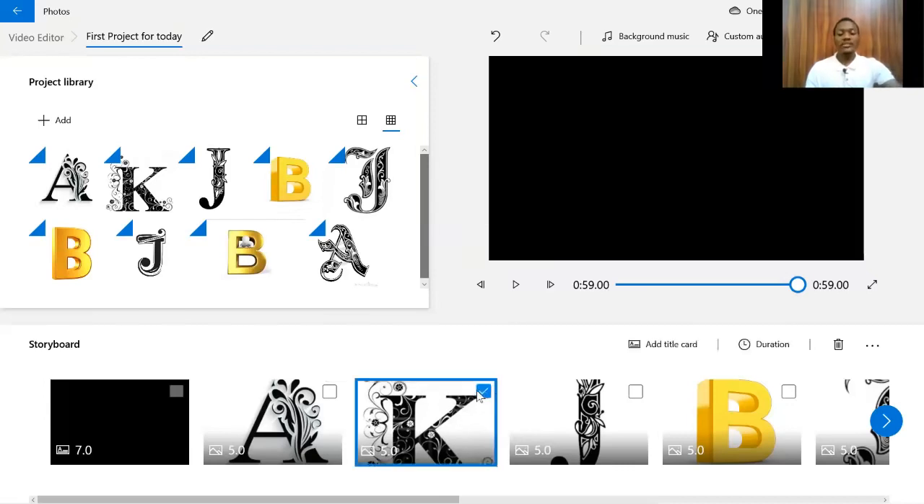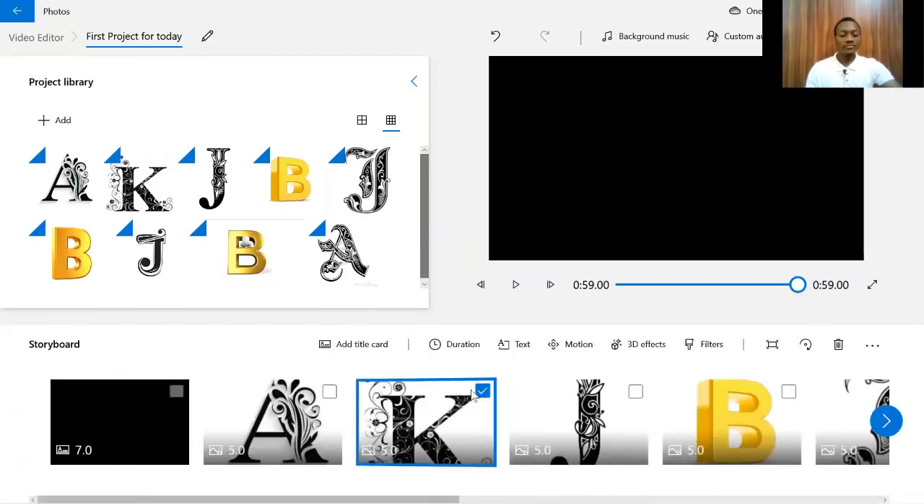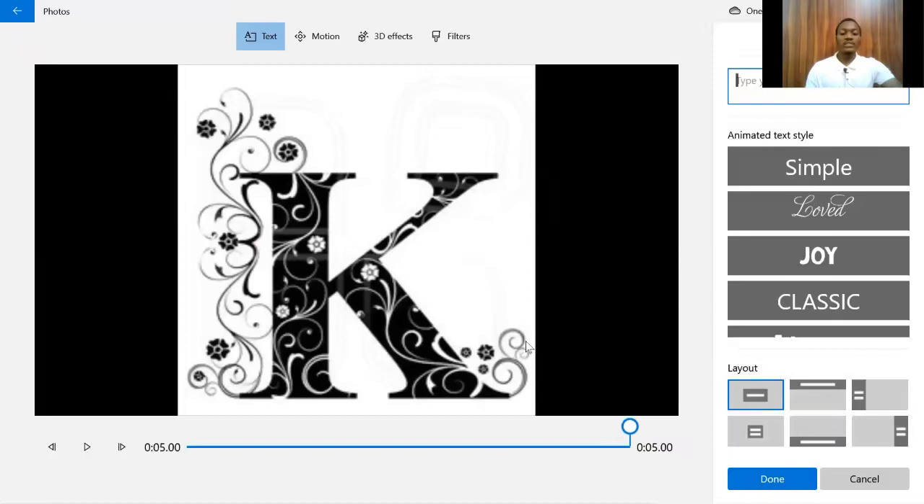Let's say we want to add a text to this one, right? First you have to uncheck it. Remember, you have to uncheck everything. The only one that needs to be checked is the one you're going to work with. Now we want to add text to this one. So we click text, and